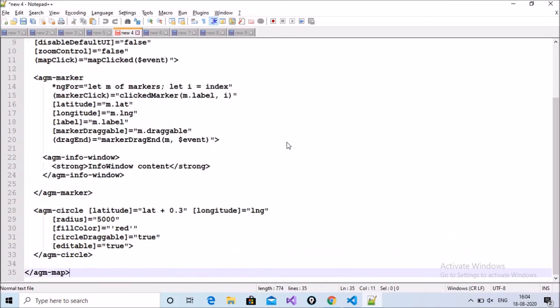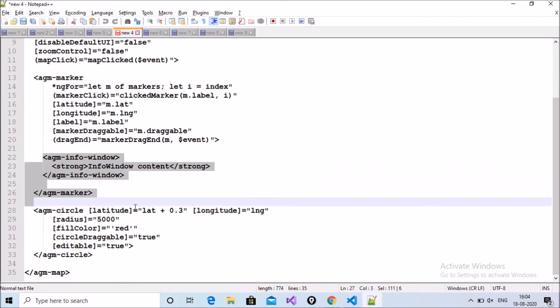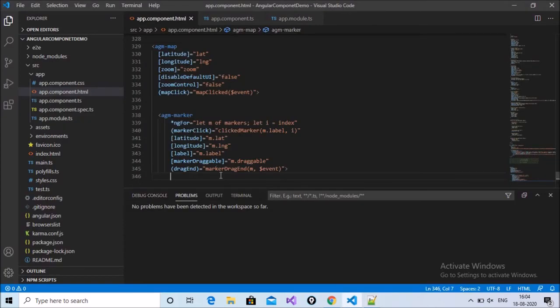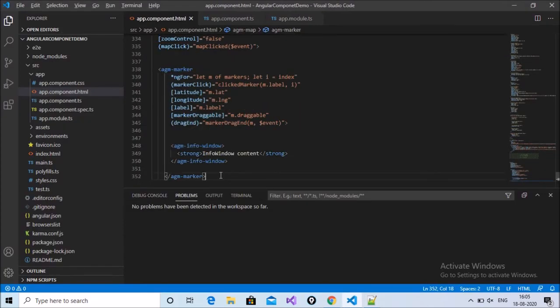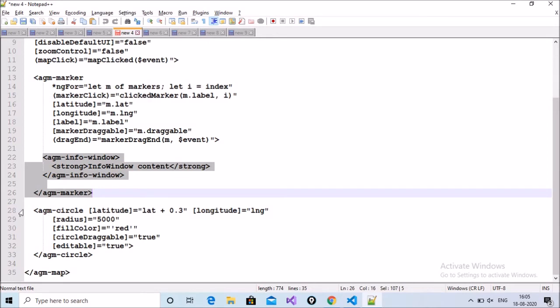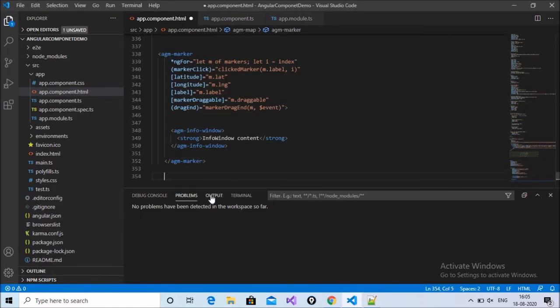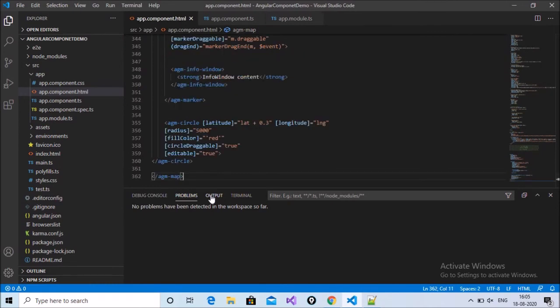Next copy this one, the AGM marker, and paste it below this. After that copy this HTML part and paste it here. The HTML part has been completed.